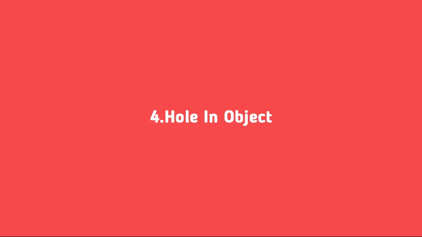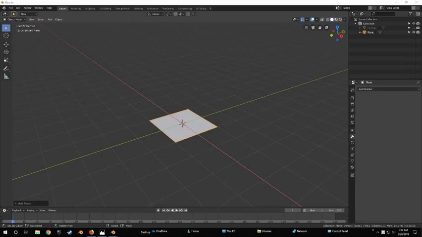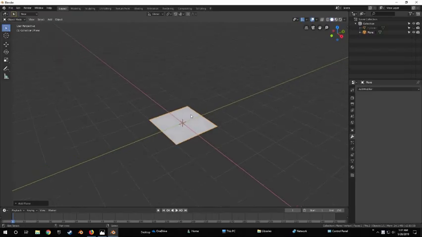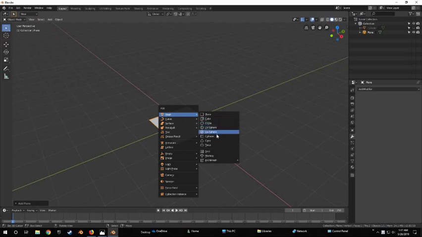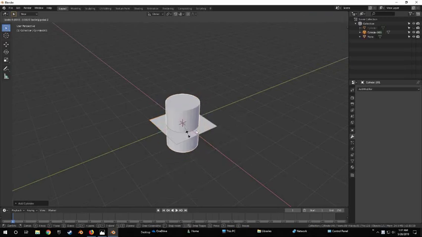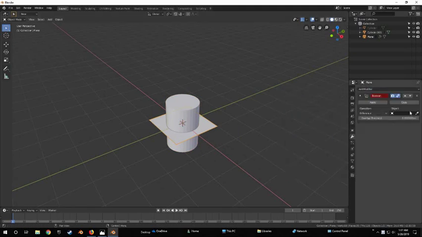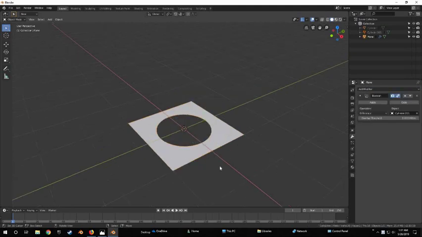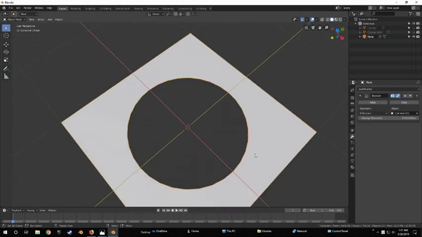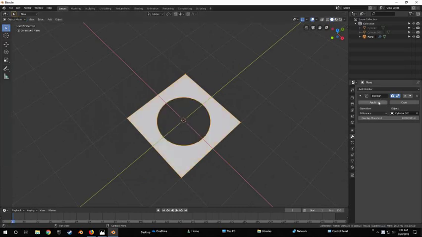The fourth one is hole in object. I will show you how to create a hole like you all do. You first add a cylinder, then scale it to fit, then add a boolean to the plane and select the cylinder. Now hide the cylinder and you have a perfect hole, but that's not a correct way because